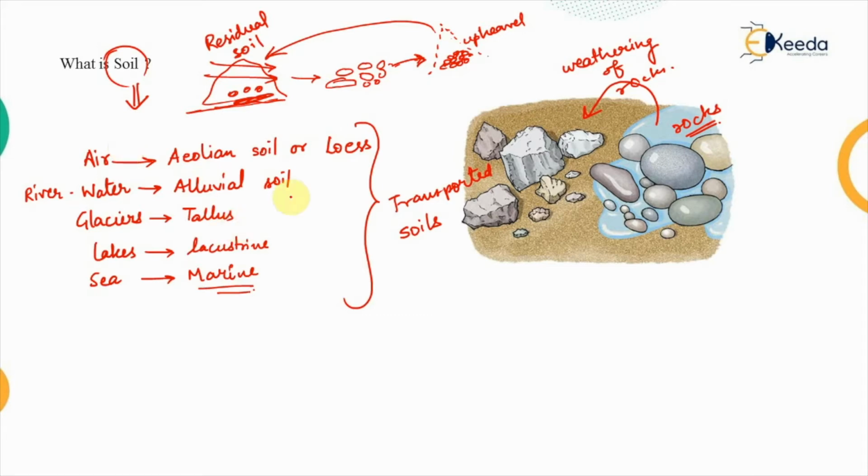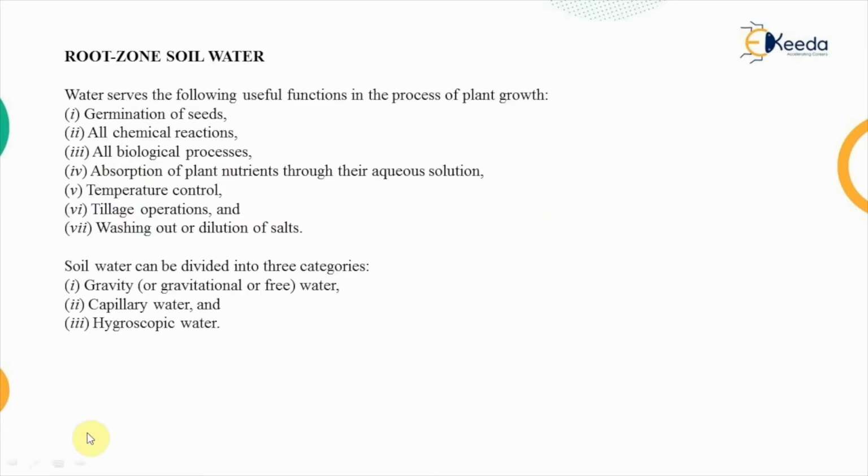Now the alluvial soil and the marine soil are usually rich in nutrients, and that's why in India mostly these types of soils are used for irrigation purposes, or it would be rather right to say that these soils are used to cultivate the different types of crops. Now, if we look at this,